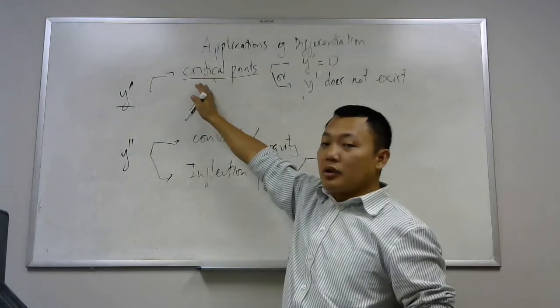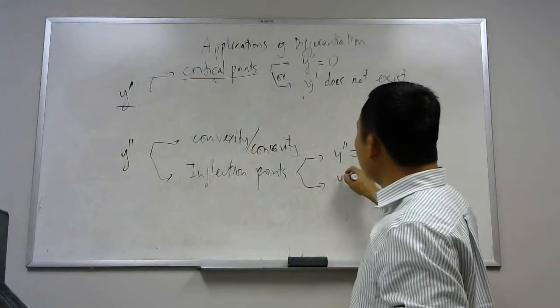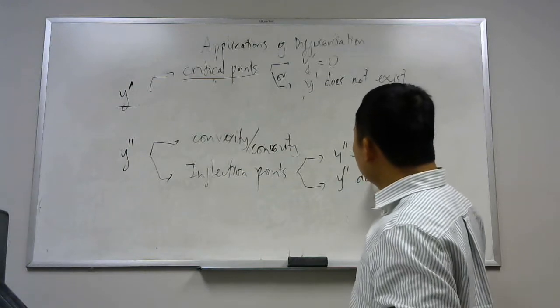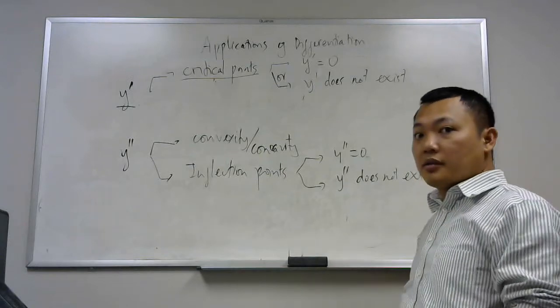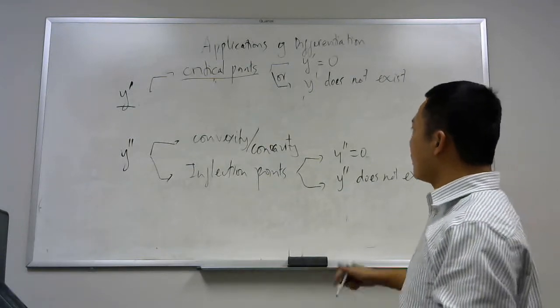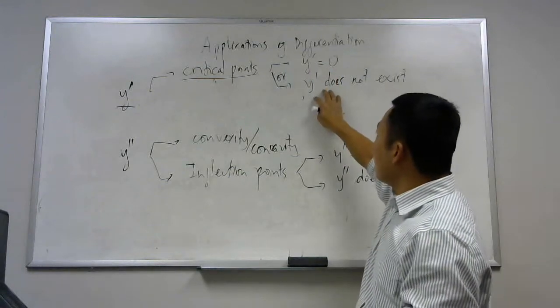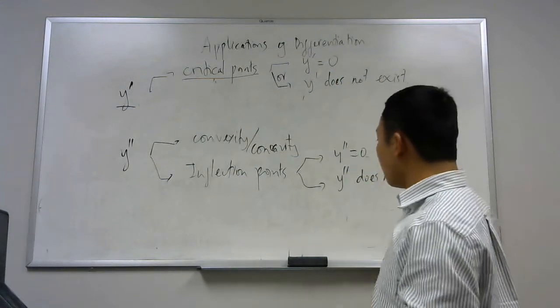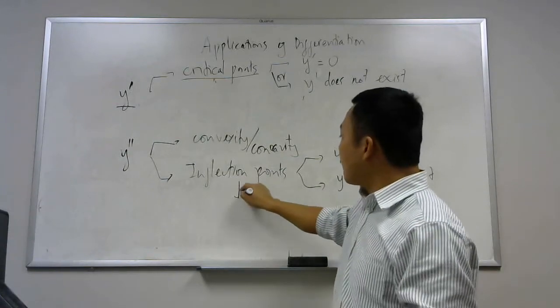Similarly to critical points, inflection points are points where the second derivative is equal to 0 or the second derivative does not exist. So we need to consider two cases. Some students just forget, yeah, we put everything equal to 0. That's good. But sometimes we forget about this case, right? Don't forget about that. And then thanks to this, you make the chart